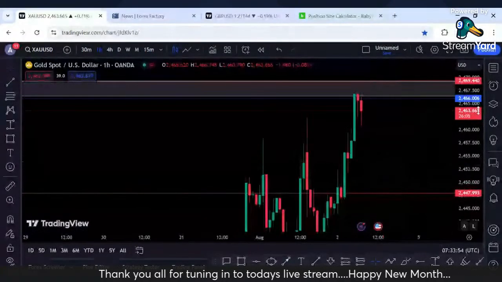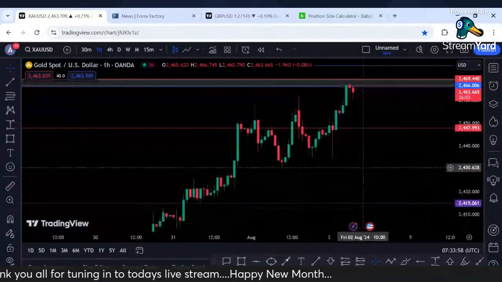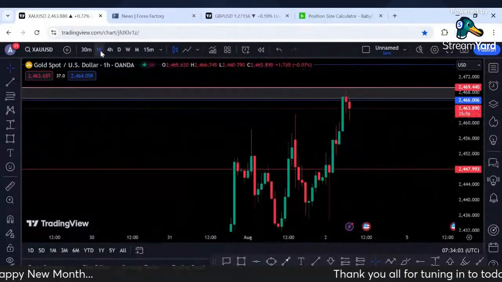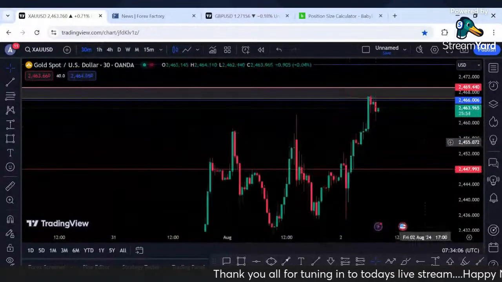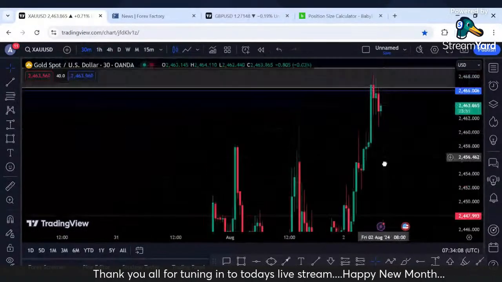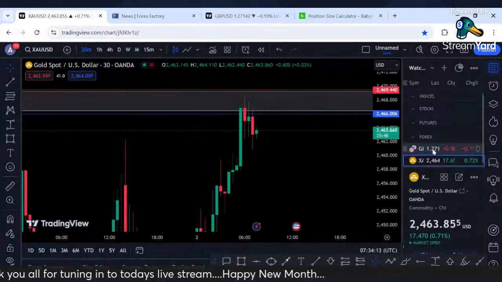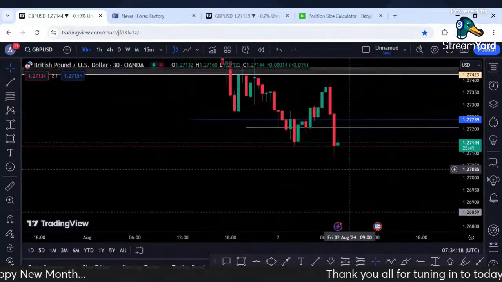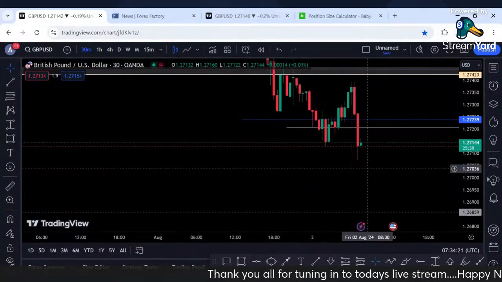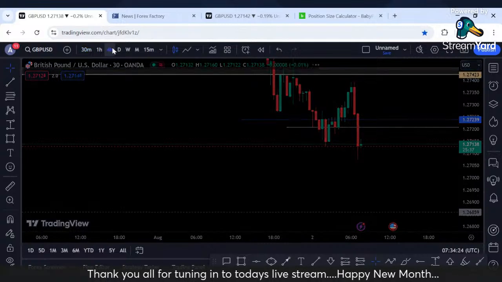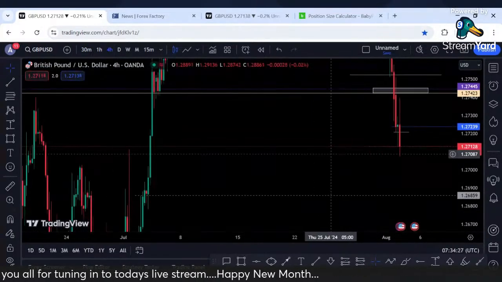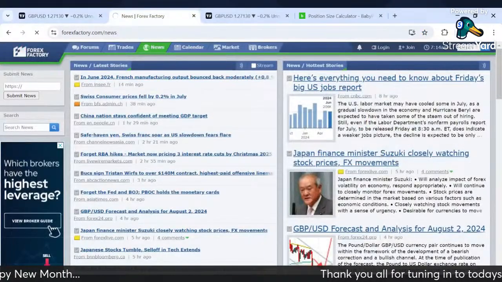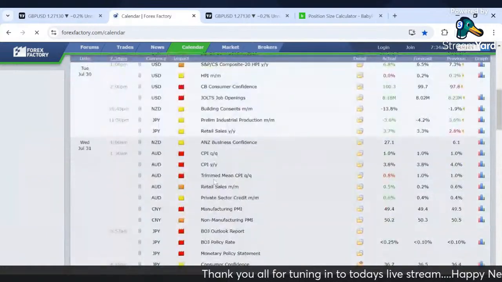Swinging on gold is very difficult because it will move very high. It's very volatile, as in the competition among the buyers and sellers is very high. So you don't get a stable move. It moves and it will retrace, move, retrace, move, retrace. But if you get it right, you can make a lot of money. So today is NFP week, and with NFP week, it's even advisable to stay out of the market,